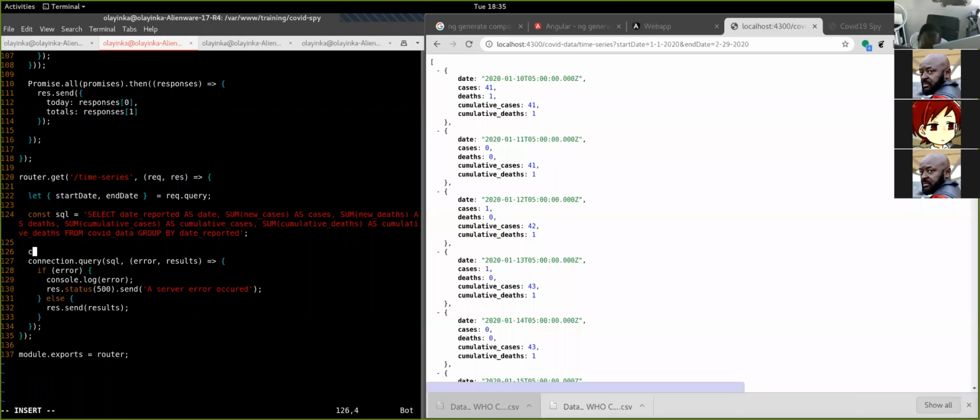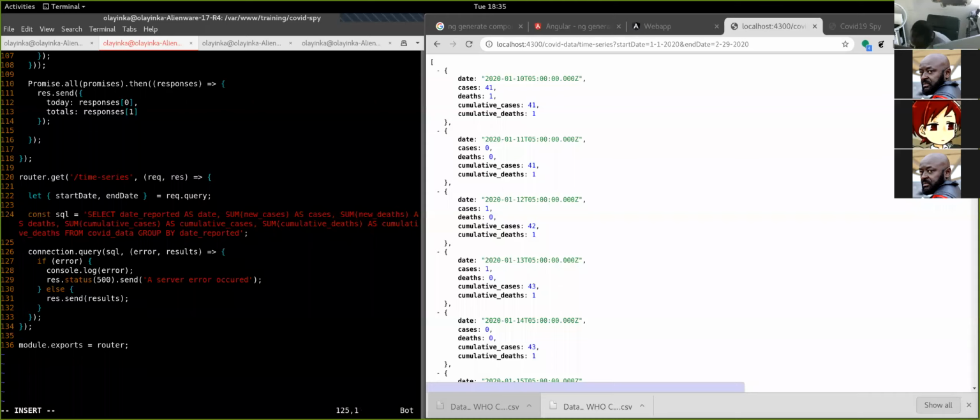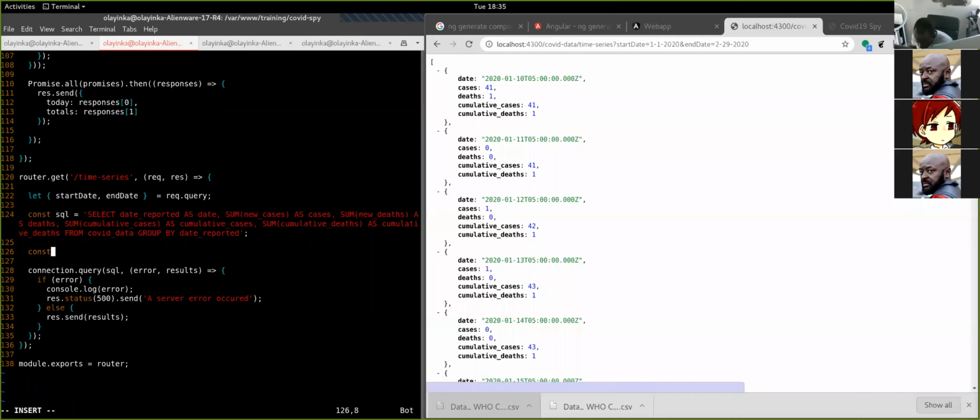Let me not do too much tricks with this. So just say const start query, or start SQL equals